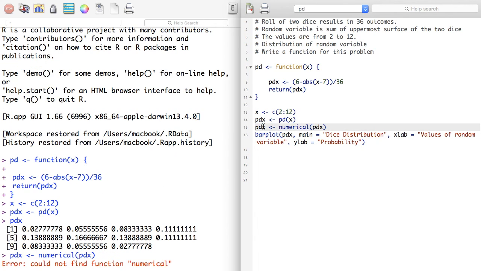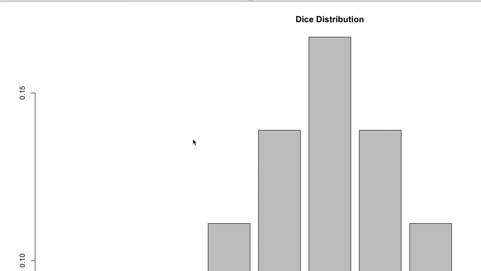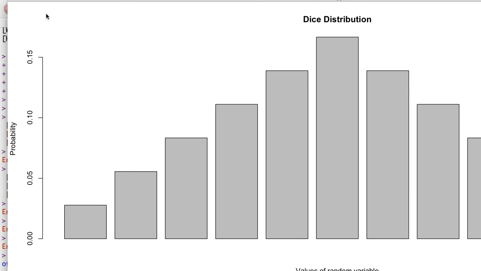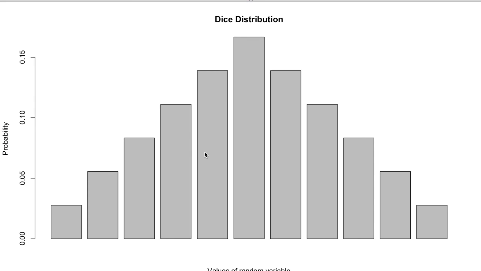I made PDX numerical and I plot a bar plot of the PDX, and this is how the plot is. So values of the random variable, probability, and this is how they're distributed. So it's the dice distribution worked out for this example.